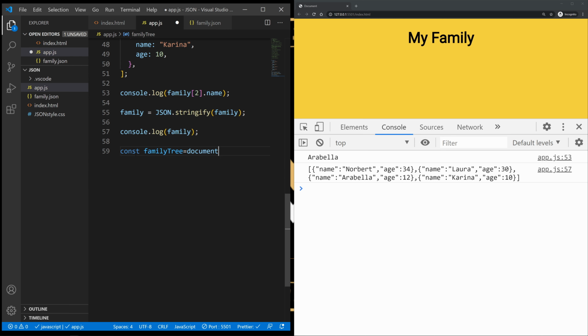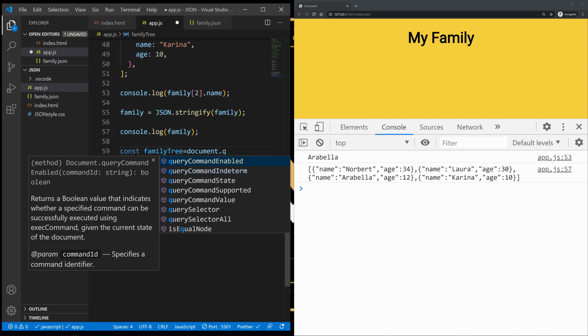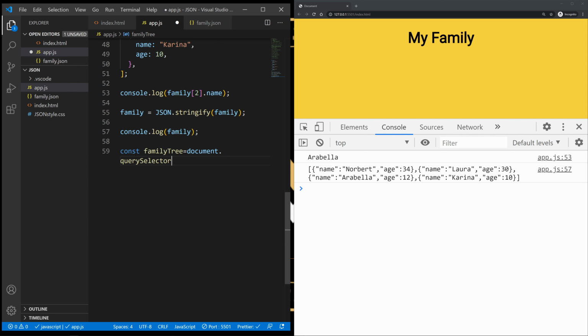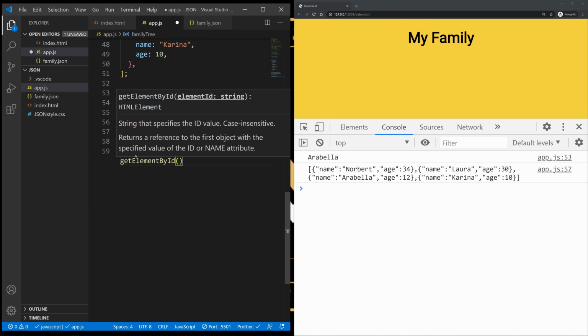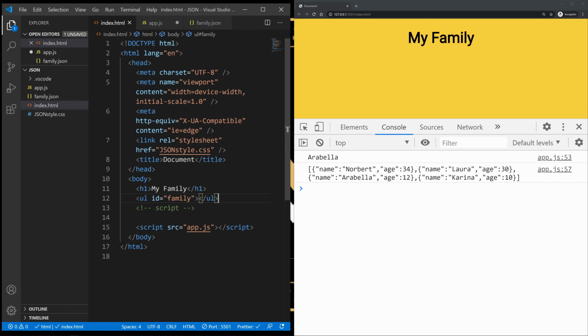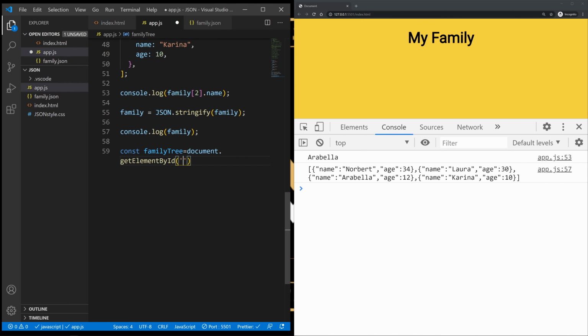I'm going to grab on from the document using query selector, or let me use get element by ID so you don't get confused. So get element by ID, and I'm going to grab onto the ID of family.